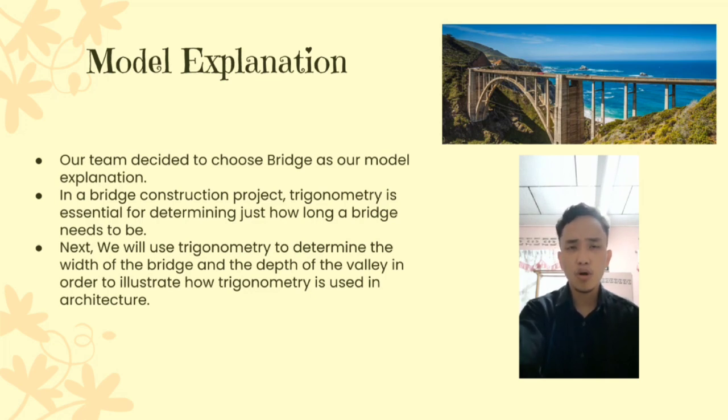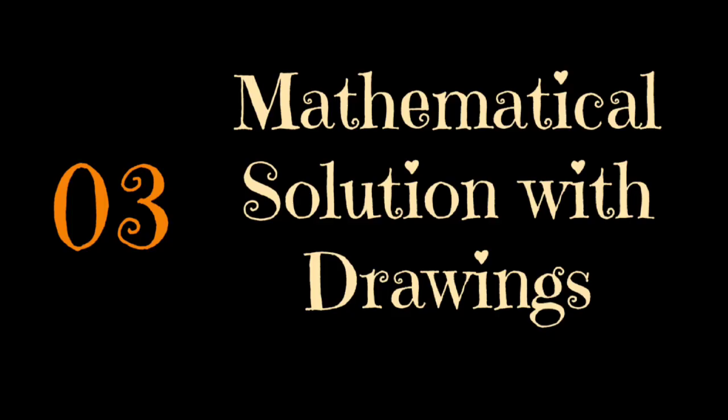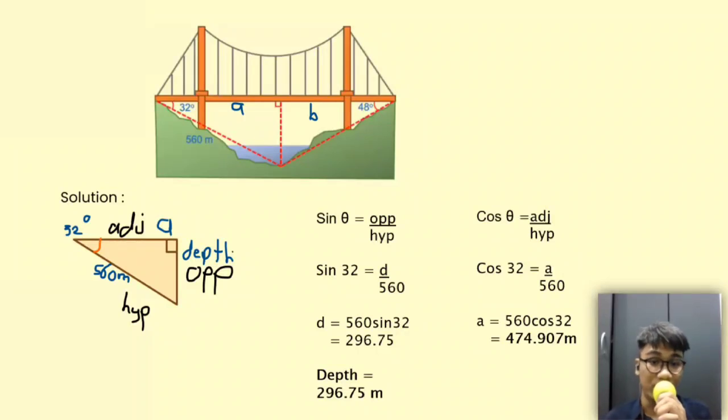Next, we will use trigonometry to determine the width of the bridge and the depth of the valley in order to illustrate how trigonometry is used in architecture. Mathematical solution with drawings. This is the model that we are going to use to show how we can measure the depth and